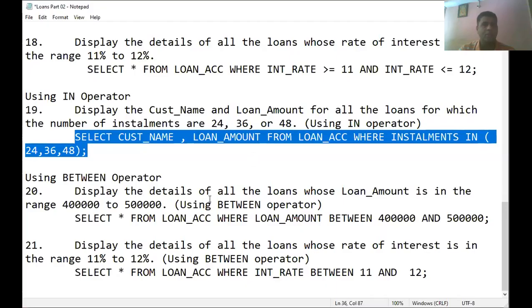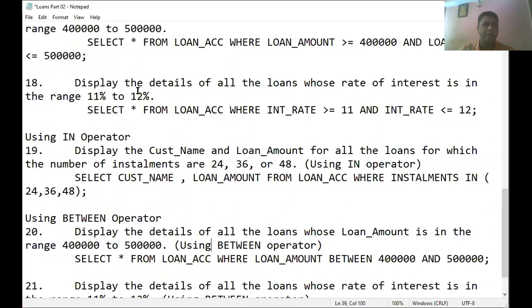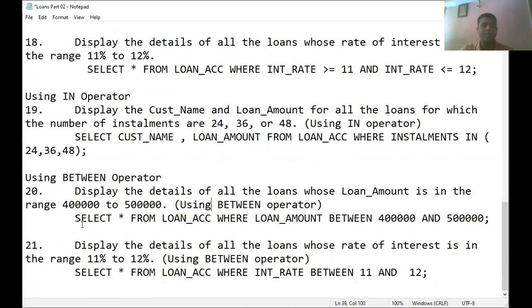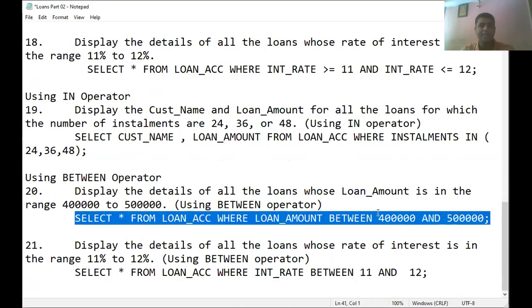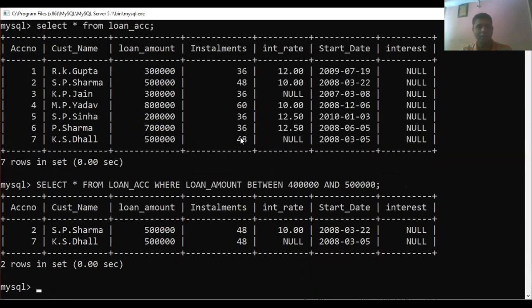Next, the last two questions, similar to what we already did in questions 17 and 18, but here it's a little bit different. We are going to use the between operator. In my point of view, the between operator is much better than the logical operator. Between 4 lakh to 5 lakh, verbally we pronounce it like that, but in the query you have to use between 4 lakh and 5 lakh. The and means both the initial and final values have to be included.